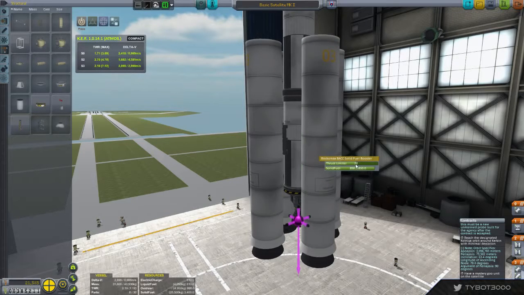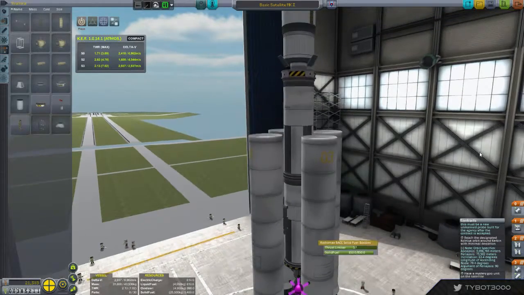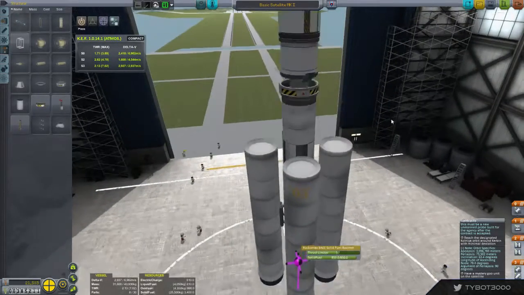Why did my delta V? Oh. It says my delta V is going down. I don't know if I believe it. That goes off, that goes off. These both get fired. That gets fired. That gets fired. All right, I think